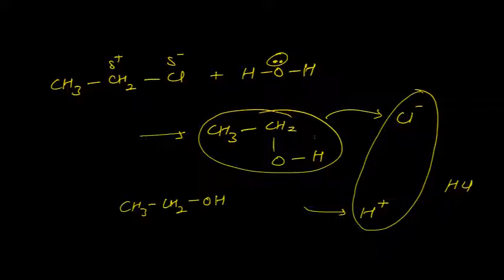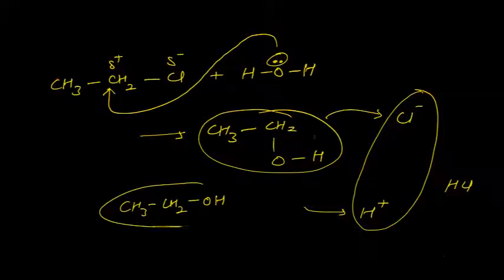More about the mechanism I will be talking about later, because at this time this much is sufficient. You will get confused otherwise. Okay. So first oxygen gets attached to the carbon. That leads to positive charge on oxygen because oxygen provides its electrons to carbon. But carbon now has 5 bonds. That's why chlorine moves away, taking both the electrons and forming chloride ion. After that, to neutralize the positive charge on oxygen, hydrogen gives its electrons to oxygen and moves away as H plus. H plus and Cl minus combine to form HCl and we get ethyl alcohol.